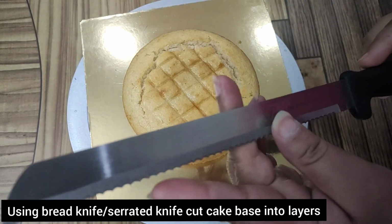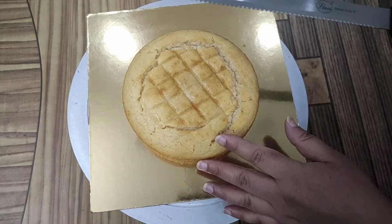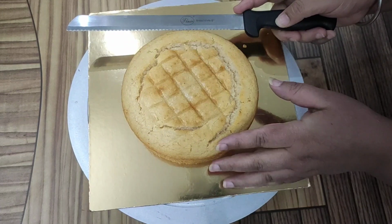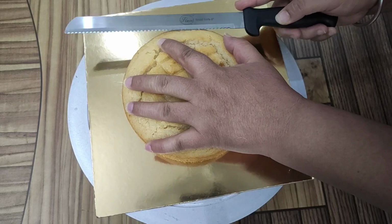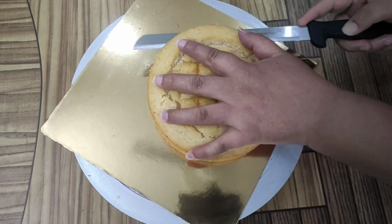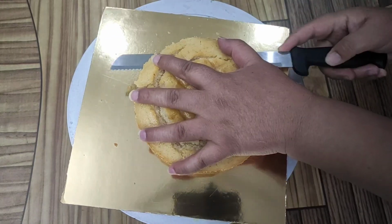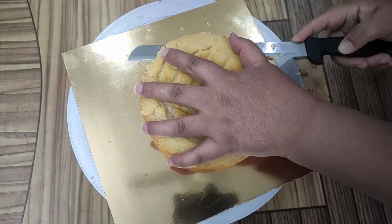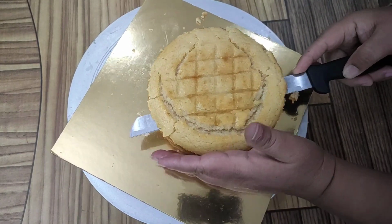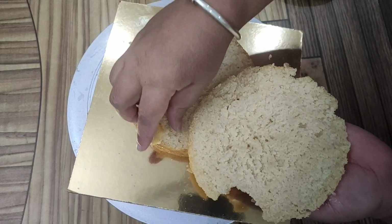So I'm taking a vanilla cake, and this is a serrated knife or bread knife for cutting the cake in layers. You can cut the cake into 2 layers or 3 layers, this is totally up to you, but today I am making it in 2 layers. So remove the upper portion because we want an even surface. So remove the top cake like this,